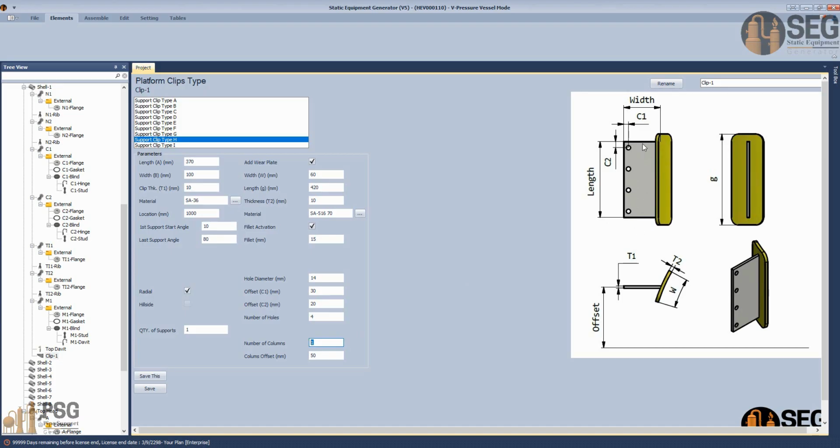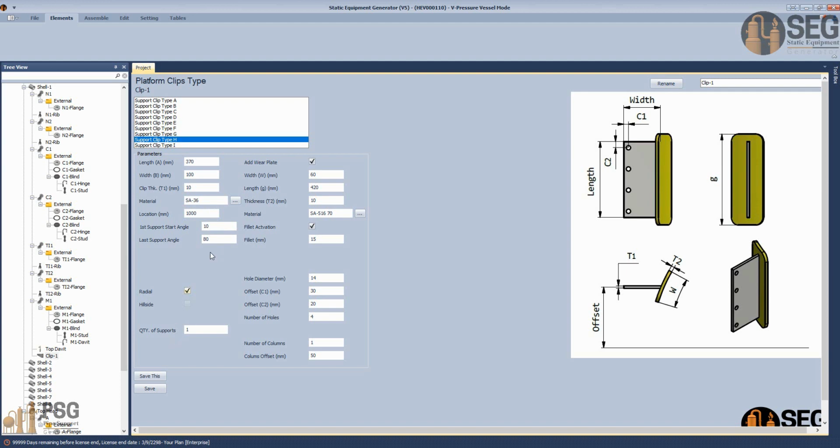If you have another pattern here, you can create this another pattern by duplicating that number. The column offset if you have another column, and that's if you have just only one, and that's in case in a radial. So if you have a helical one, you can select that option, but in our case